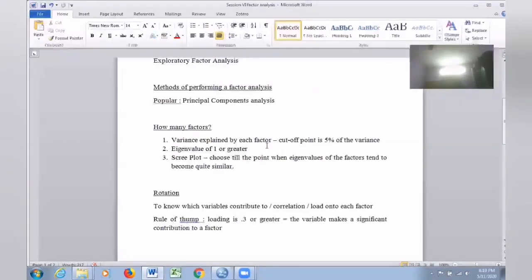Otherwise, you can look for something called eigenvalue, which should be 1 or greater. So only those factors which have the eigenvalue of 1 or more than 1 can be considered for your research work.